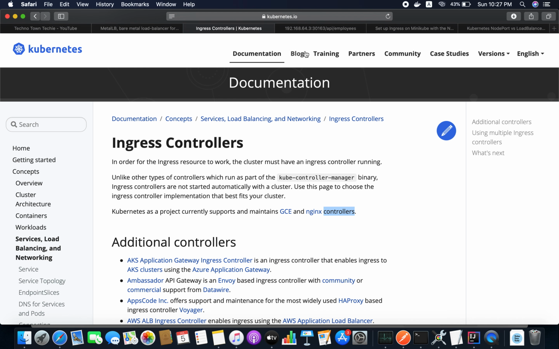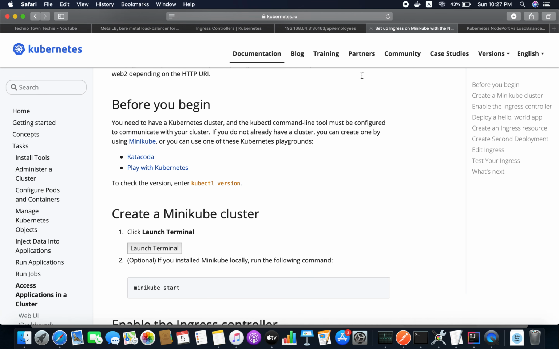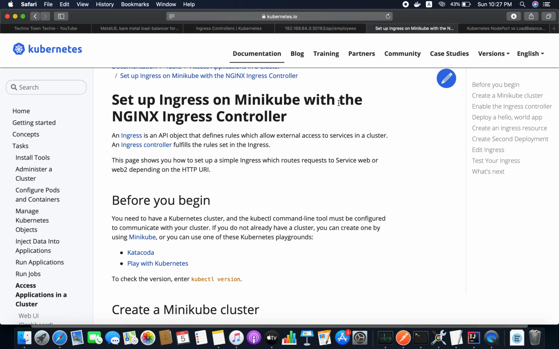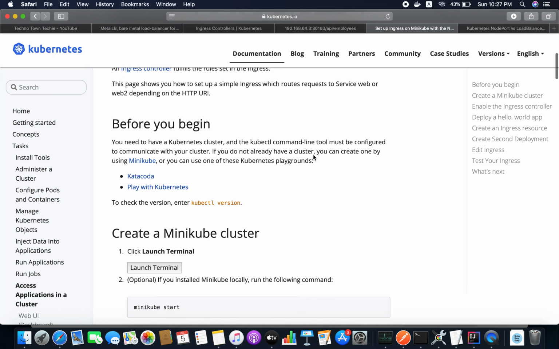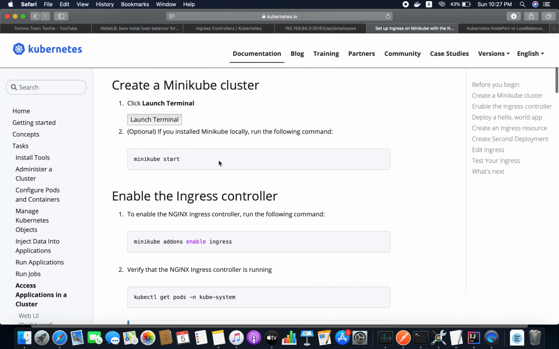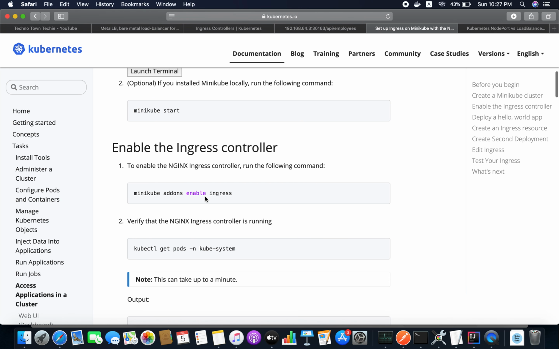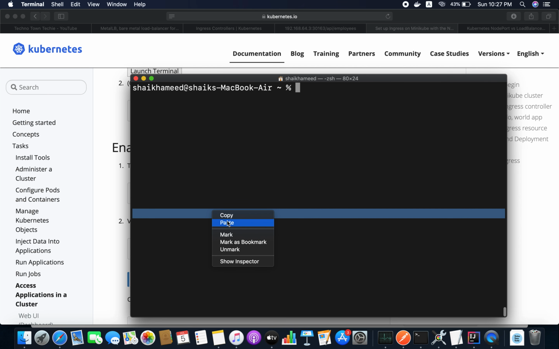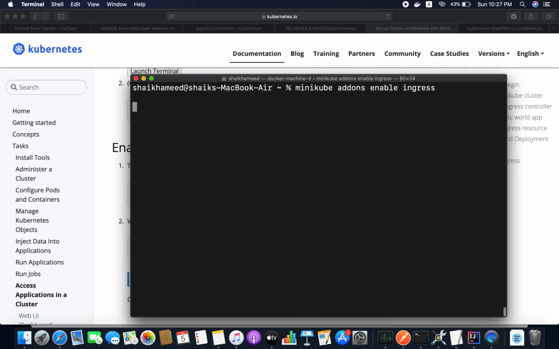This is the official website of the Kubernetes ingress controller. You can just start Minikube. To enable the ingress controller in your Kubernetes cluster, you have to use this command, so I'm going to use it: minikube addons enable ingress.